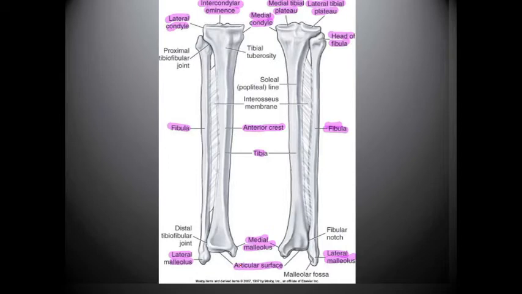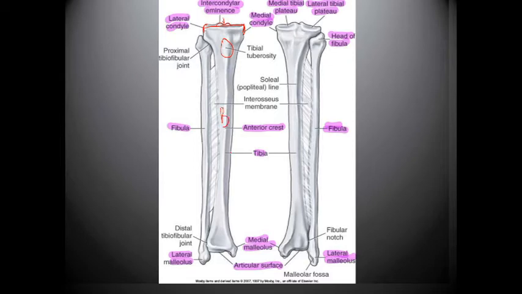So here is a diagram of simply the tibia and the fibula. As we can see, we have the tibia, the tibial plateau, the lateral condyle, the medial condyle, the intercondylar eminence,